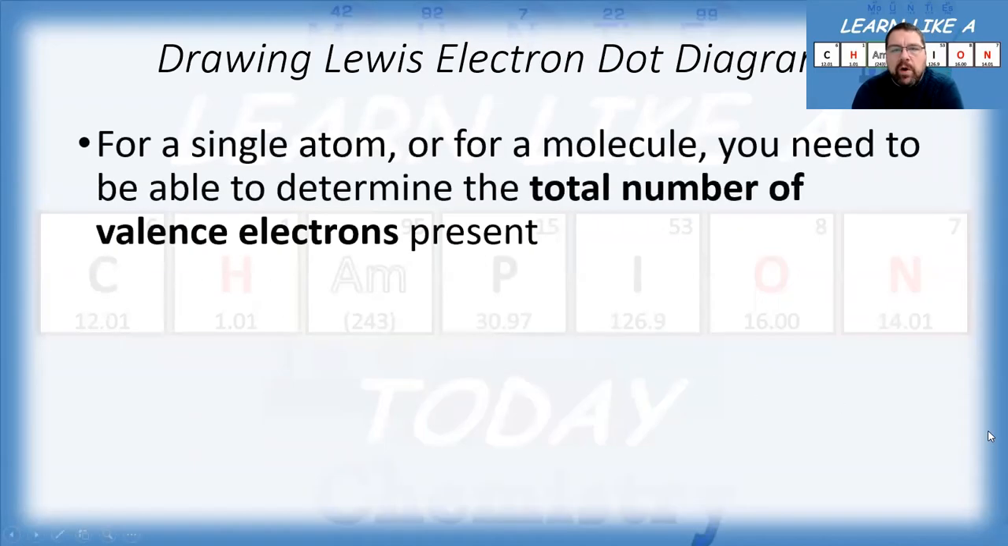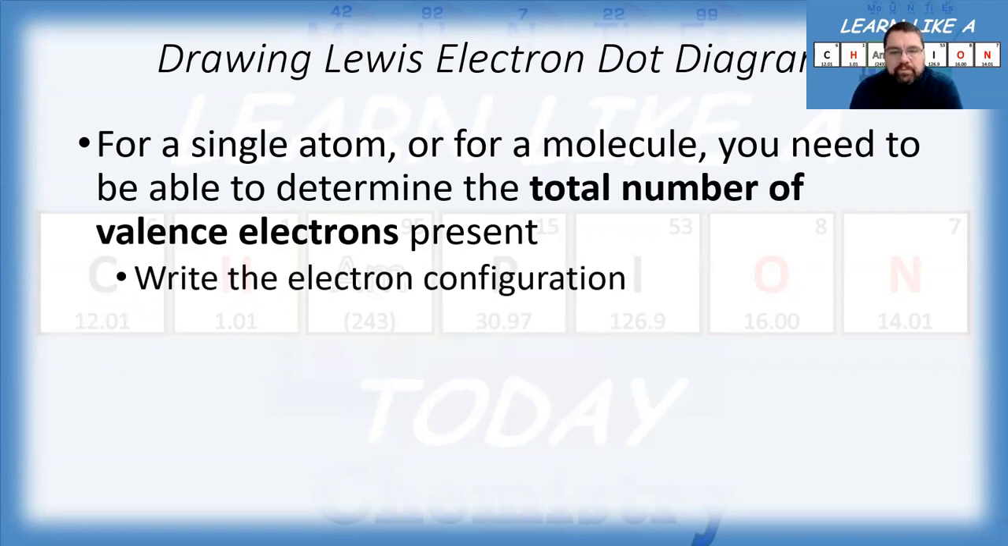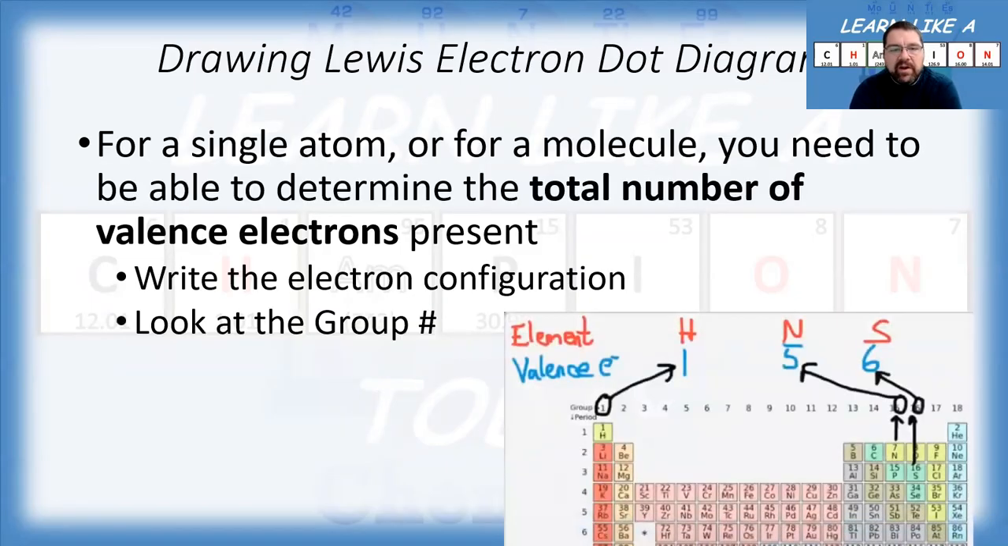Right, so just a quick reminder, one of the basic skills we're going to need for drawing Lewis dot diagrams is determining how many valence electrons we have to distribute in these dot diagrams. And so 2 ways that we can determine the number of valence electrons that a given element or given atom within a formula is contributing is either write the electron configuration and determine what is the valence shell and then